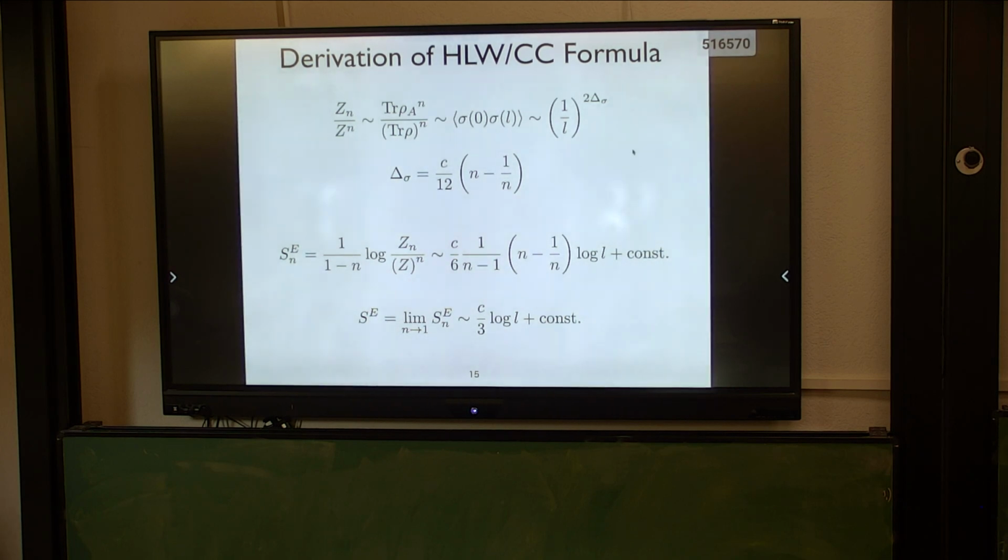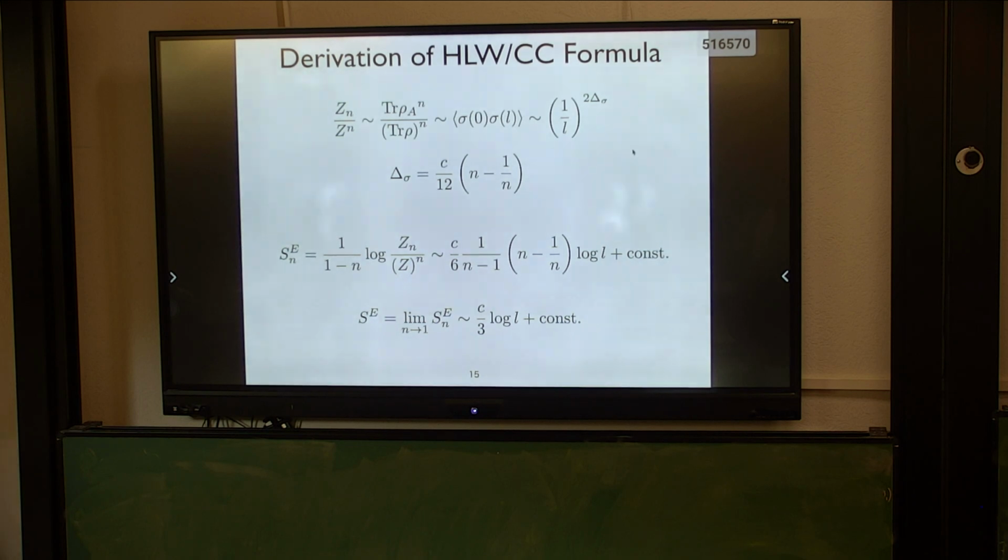Actually, you can find this expression in the Calabrese-Cardy or Jose-Larsen-Wilczek paper, but this can be understood as a difference between two ground state energies. And once you plug in this result, I can easily obtain the Renyi entanglement entropy for this CFT between a finite segment and the rest of the system. And then for the standard Von Neumann entanglement entropy, we take the limit of n goes to 1, then we can recover this famous formula, c over 3 times log L.